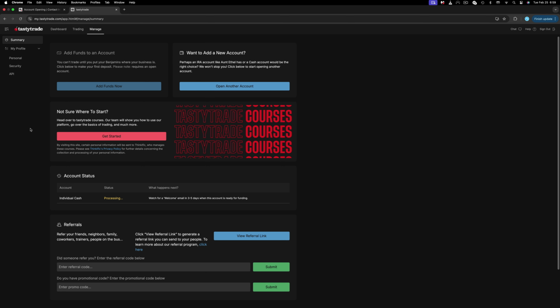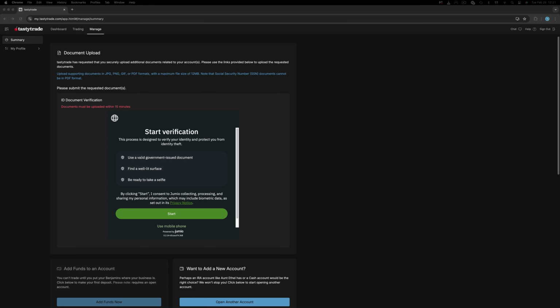Below the account status though, we can see that our application is processing and that we should be on the lookout for a welcome email in 3 to 5 business days. So I did log out and then log back in after a few hours, and now the ID section does show up. So what you will need to do is bring your phone device, your ID or